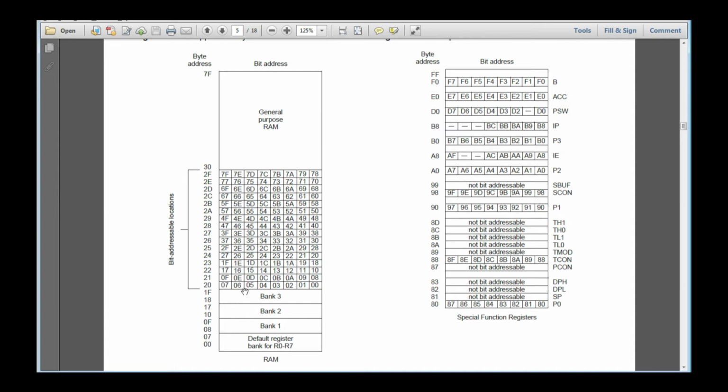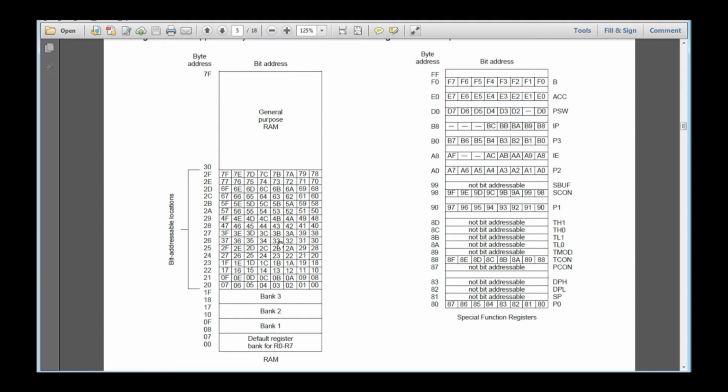So why are there bit addressable locations? This is the specialty of the memory that makes it a microcontroller. This we need to understand. What do you mean by control? I'm controlling the tube light means I'm switching on the tube light, I'm switching off the tube light. Controlling the door means I'm opening the door, I'm closing the door. So 1 or 0 is control, true or false is control, yes or no is control. So to control a particular appliance, only one bit is more than enough.